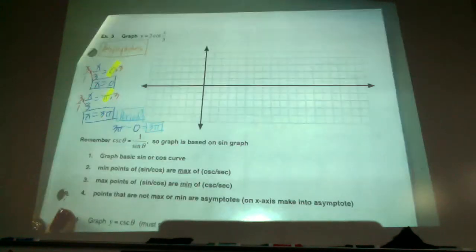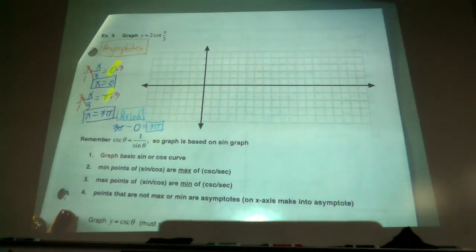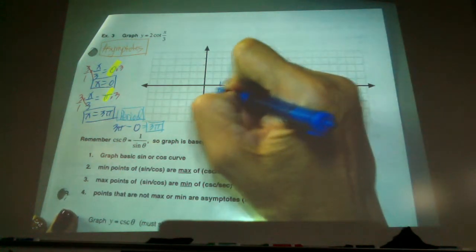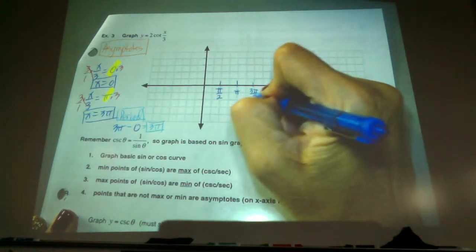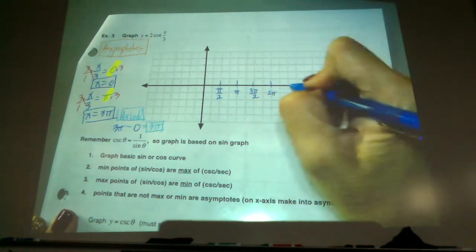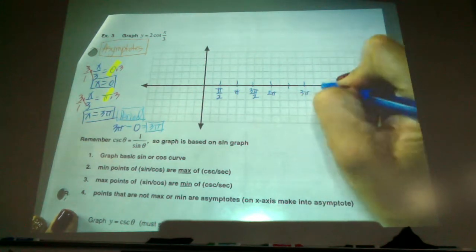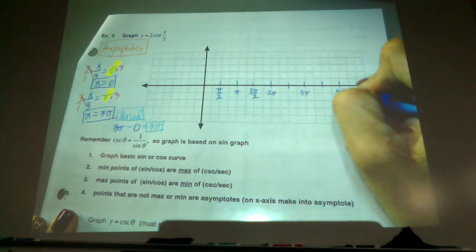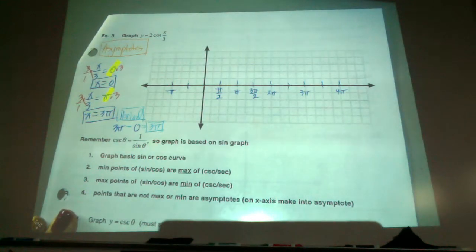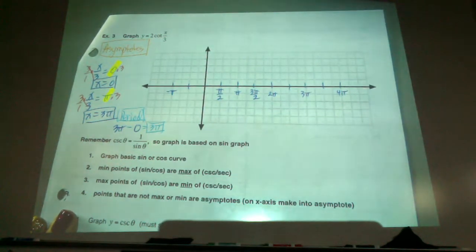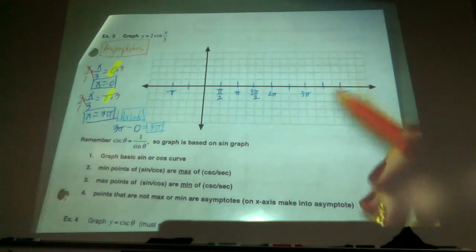So I'm going to use the same partition as I have for the whole lesson. And we're just going to mark in our asymptotes, the new ones that we come up with, 0 and 3